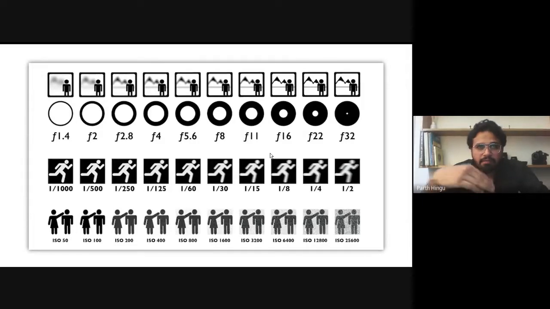So there are different types of modes. Like there is a manual mode, where you just need to adjust each and everything, like aperture, shutter speed, and ISO. And there's another mode, where you just need to adjust the aperture, at what f number you want to shoot. I just adjusted it, so at 5.6 the camera will be at 5.6, and for the other two, the camera will decide what the shutter speed and ISO will be.